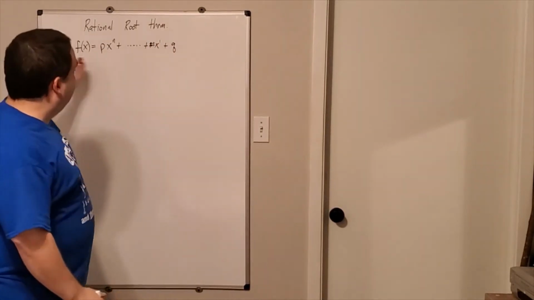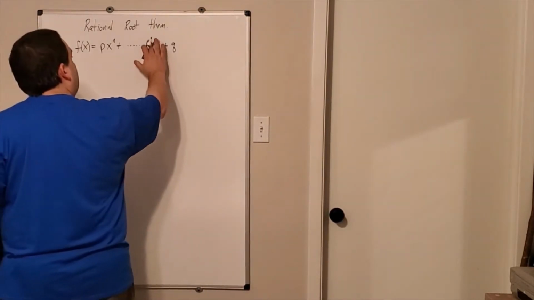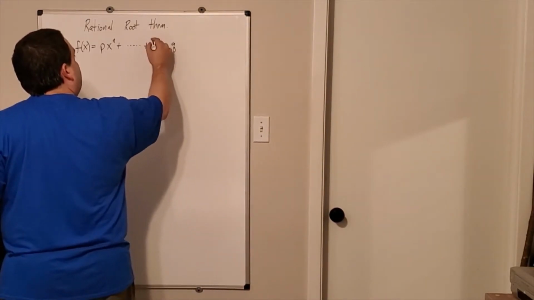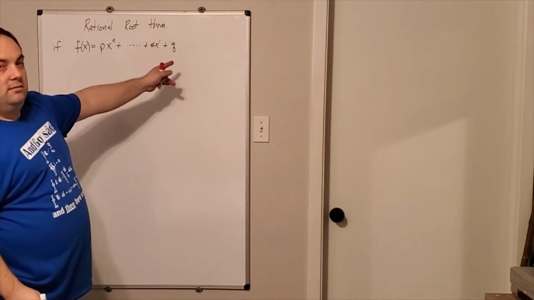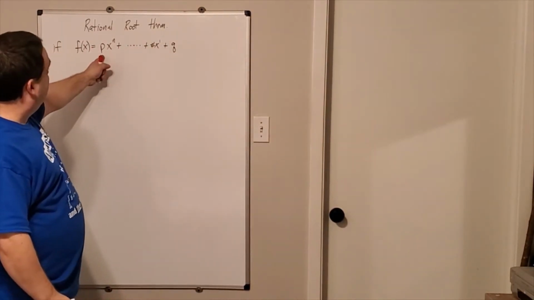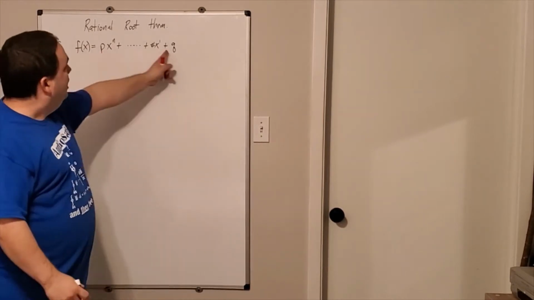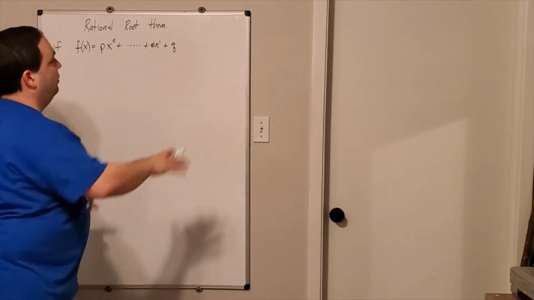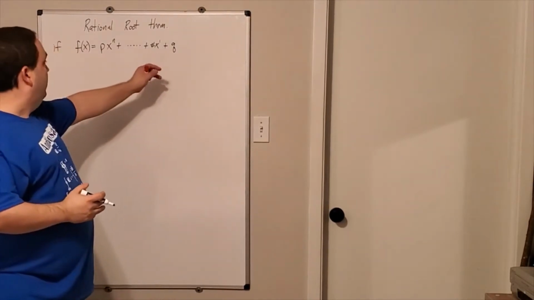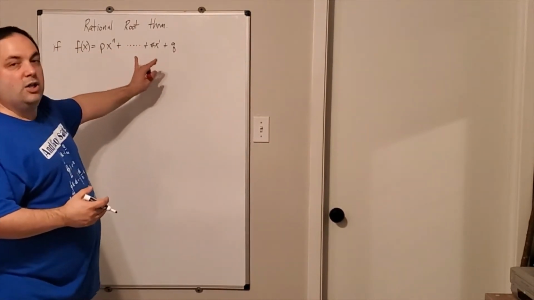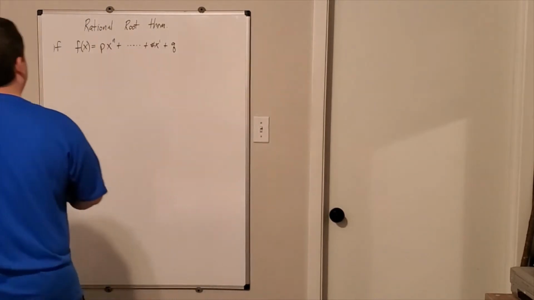Okay, so I have some polynomial, and basically what I'm just trying to get at here is that this is just something with powers of x, right? P happens to be the number in front of the highest power. Q happens to be the constant number at the end that doesn't have any x's attached to it in your polynomial. So if you have some polynomial, okay, then